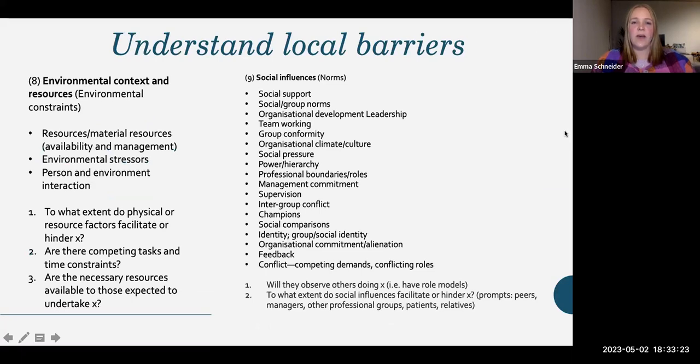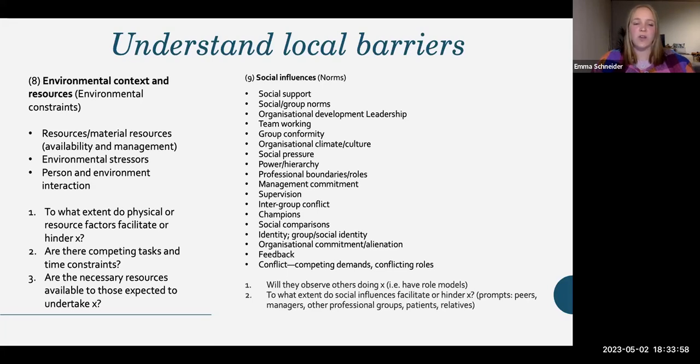You really need to think about your local barriers. So maybe you already have a group running and you want to improve it, or maybe you don't have a group running at all and you want to set one up. So you really need to think about the environmental context. If you were going to run a group, where would it be running? Or if you are running a group already, is that actually the right place for it? Are there things that need to change? Do you have the right people in the environment in terms of the right participants, or the right therapists, or even students or allied health assistants, someone to help run the group? Are there things that can be changed?